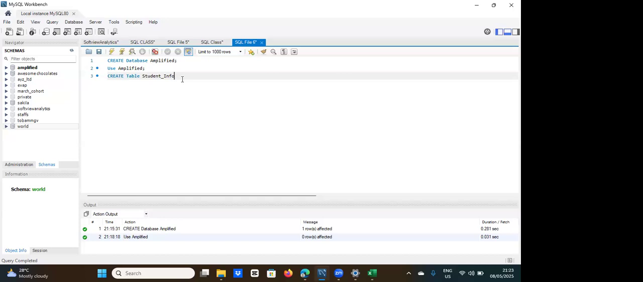But in the case of creating a table, a table cannot always stay alone, like we have said. A table will always have its columns with it. So we will create the columns with the table, because the table must have columns. So after saying create table student info, we'll open the bracket to begin to list all the columns that the table has. Now, the first column that I have mentioned that it will have is